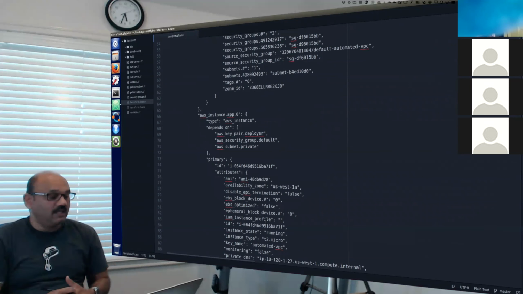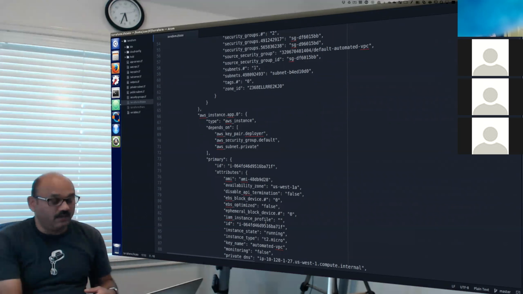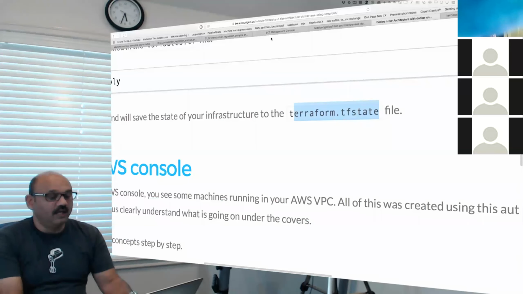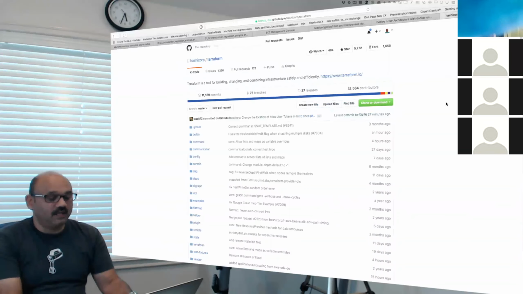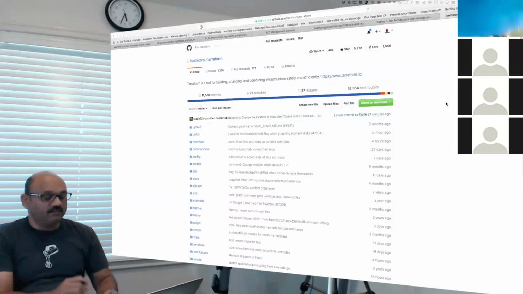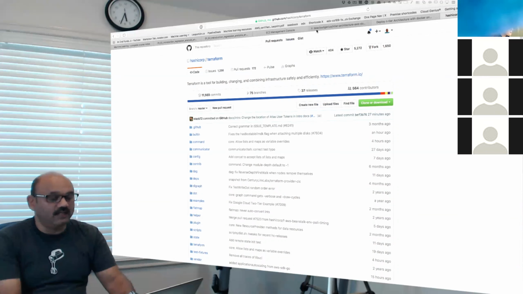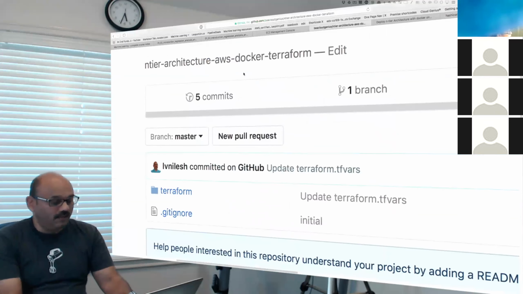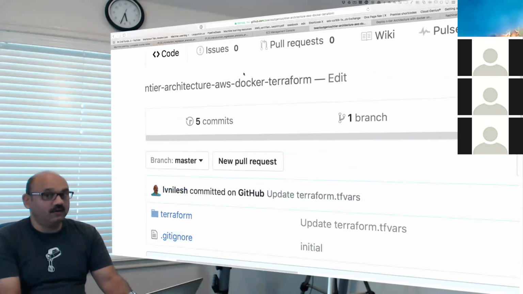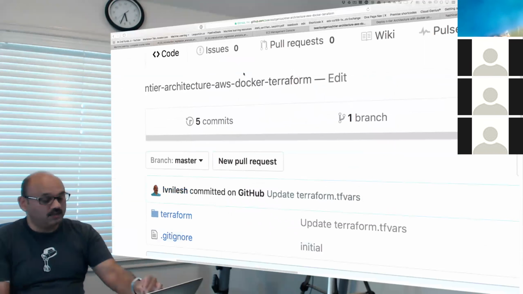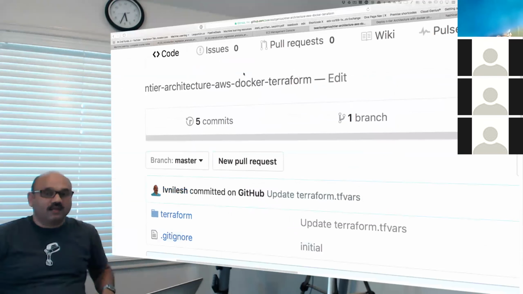But if you begin from just the documentation of Terraform, where you go to the Terraform website and say, here is the code for Terraform itself, go figure it out, that becomes hard. That is why having this ready-made sample helps you relate to what you have already done in the previous exercise, and you can use this as a foundation to modify certain things as you go along building more complex architectural layouts.